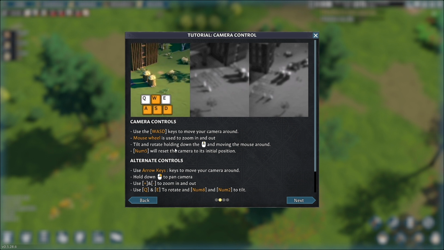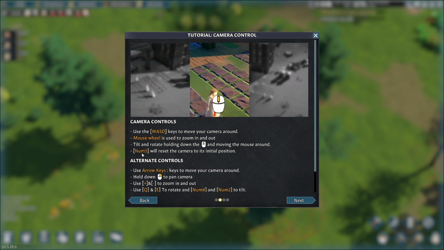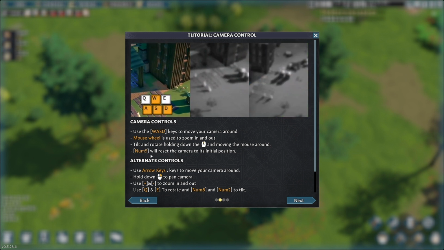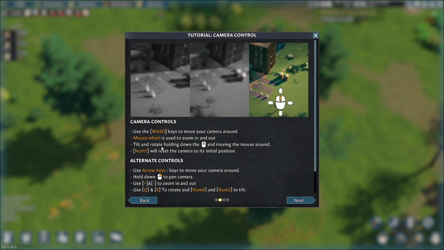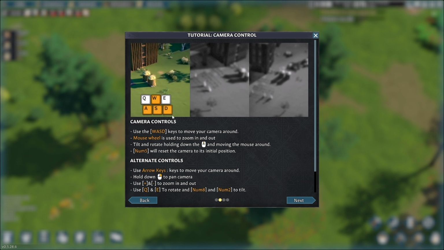So WASD to move camera around, mouse will zoom in and out. Num5 resets. I love that they have that because you really don't see many games thinking about that detail, but it's really nice if you ever get stuck in a weird position and want to return to the default. So that's a nice little thing to have. Tilt and rotate, holding down the mouse. Okay, so yeah, we can hold the mouse down, and those are kind of basic controls, but why break the